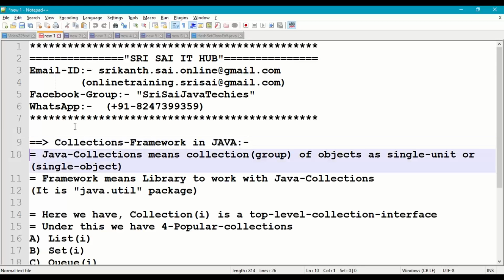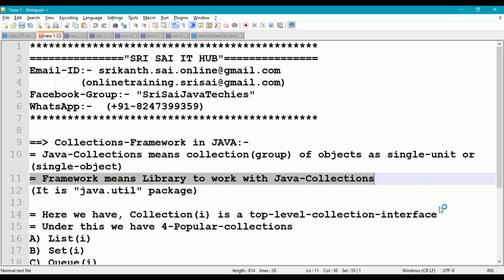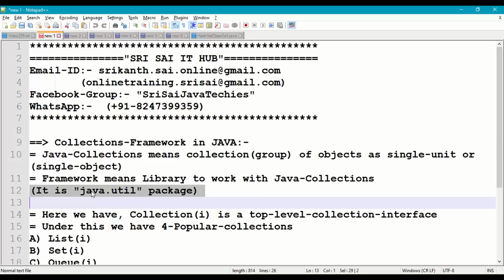Java collections means a collection of objects or a group of objects as a single unit or single object in a Java program. What is a framework? A framework is a library provided by Java to work with a collection of objects in the Java collections framework, and this library is provided to us in the form of the java.util package. In the java.util package, we have different classes and interfaces using which we can work with a collection of